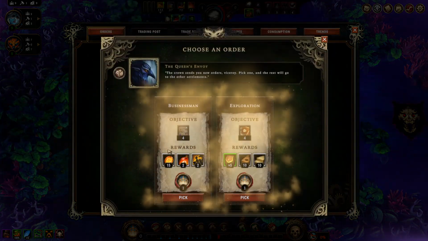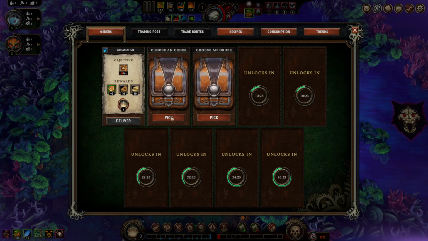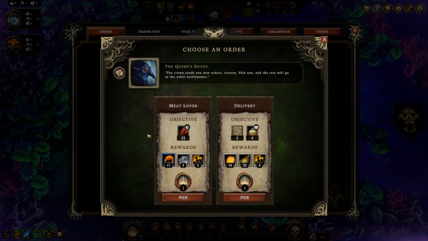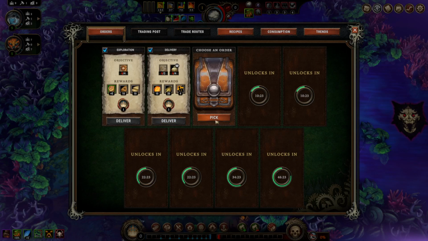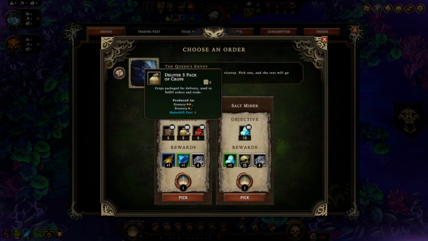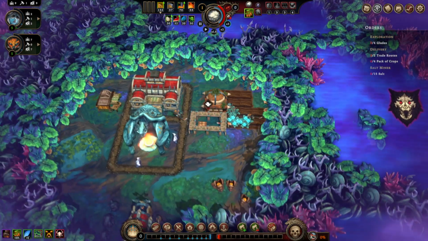Orders. What are early orders? Trade routes, exploration. Exploration's not going to give any people, so I just sort of procrastinate on getting it done. That'll be fine. Meat lovers, delivery. I'm going to prefer, out of those two, probably delivery. On the other hand, meat lovers is meat lovers. Yeah, we'll go delivery. 4 packed goods is not that hard, or 4 packs of crops is not that hard. This is a good map for Salt Miner, apparently, from the last run, so...